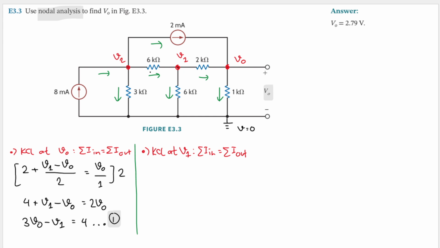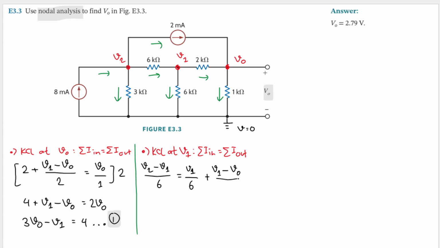And then the only current that goes in is this one, and that current is V2 minus V1 divided by 6. Good. And all the other currents are going out, so I put the equal sign. And this current here is V1 minus 0, which is V1, divided by the resistance between them, which is 6. Okay. And then we will have another current that goes out, which is this one. So we will have V1 minus V0